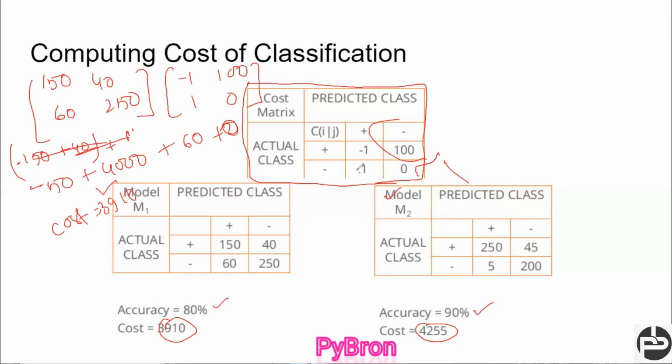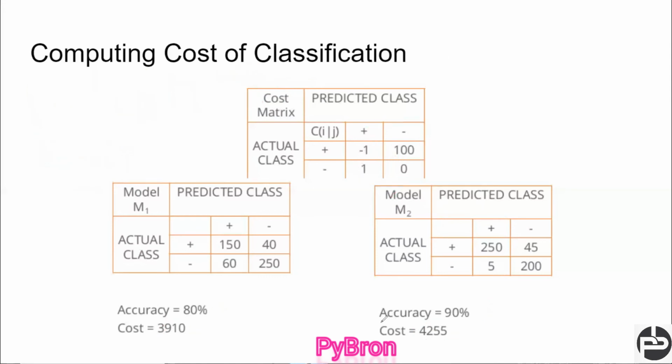Okay, up to this we are getting it correct. So here I can say the cost is 4255, meaning if anything is predicted wrong, I am going to apply the cost 4255. So in this case I can say this model is giving the correct output, because the cost is less. The accuracy may be less but the cost is less, right? Cost being less means that if my model gives a wrong result, I can bear it. But in this case my model accuracy is high but the cost is more.